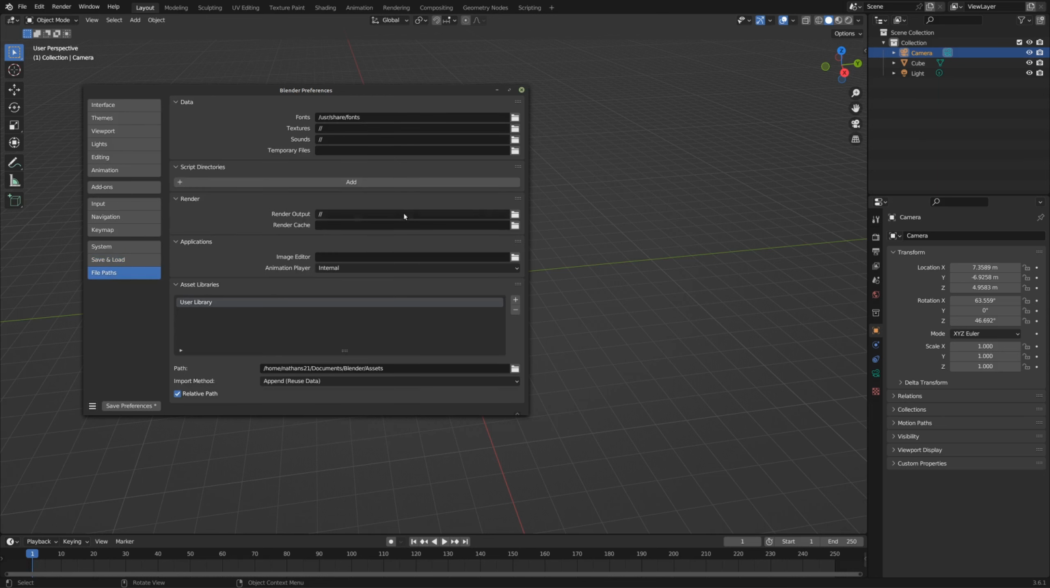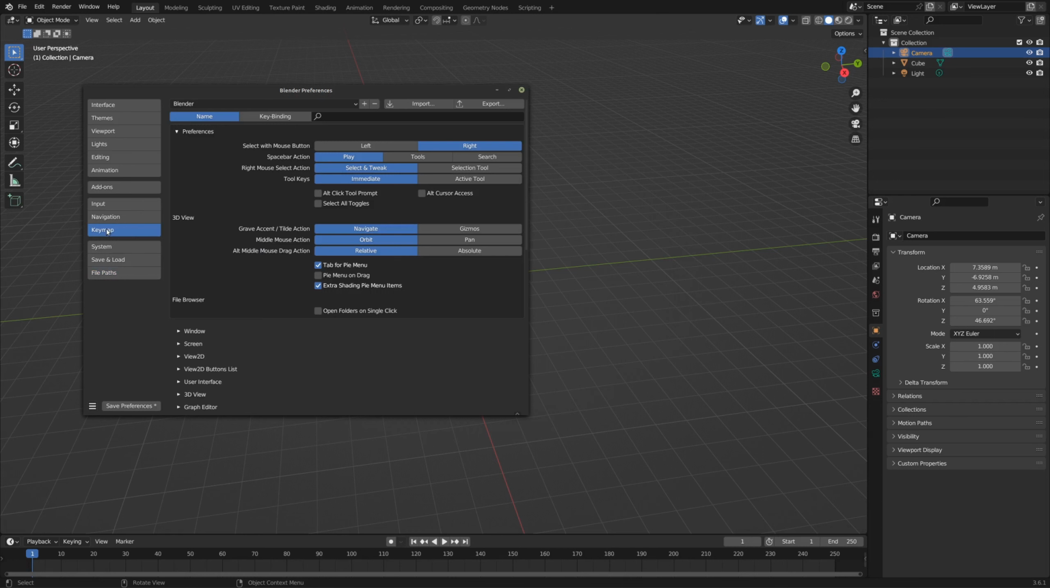And then file paths. Potentially you may want to change your default path, if you're dealing with a lot of textures, to be someplace different than here. I'm just going to leave it as is though, and we're going to go over to the